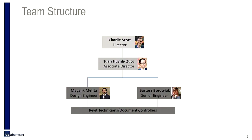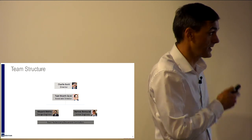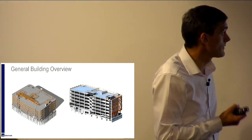But before I get on to talking about the frame, I should just say this is the team, or some of the team who are involved, some of whom are here tonight, and it was very much a collaborative effort. We had to work really hard to deliver this building. It is a challenging building, but it was a very rewarding building. There aren't many jobs where you finish it and every single member of the team is begging you to go to Leeds with them and go and look at it because it's so good. You know, we've been up to Leeds many times to go and look at this building just because we're so proud of it. Just as a very quick frame overview,